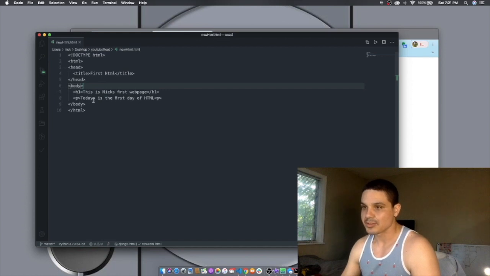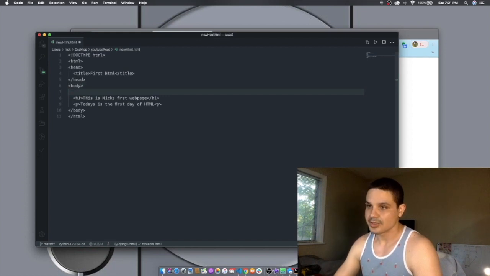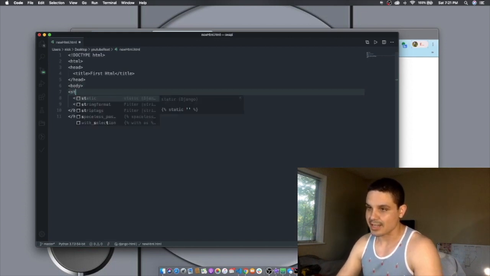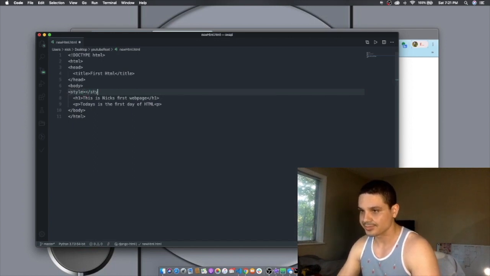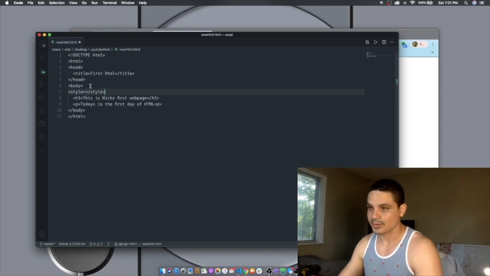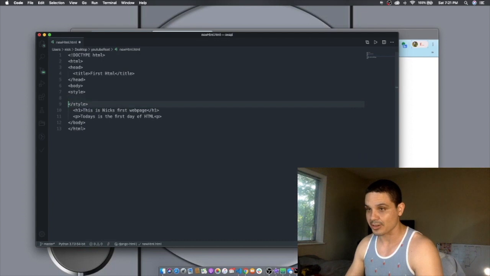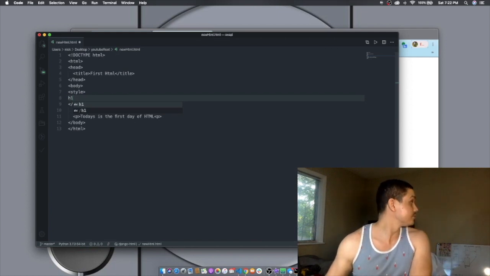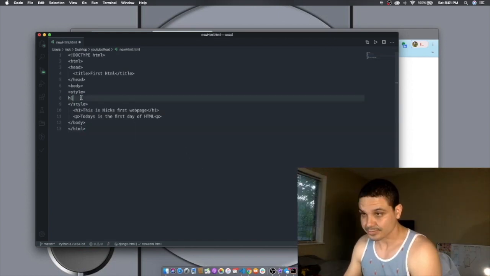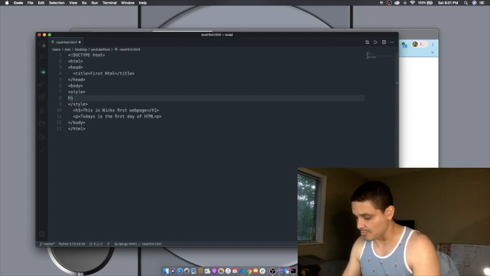But what you can do here is, within the body, you can add a style tag and a closing style tag, and then in here we're going to be able to do some inline CSS inside these blocks right here. Let me show you. So if I was to put H1 here, "What up, son?" Inside this H1, you can